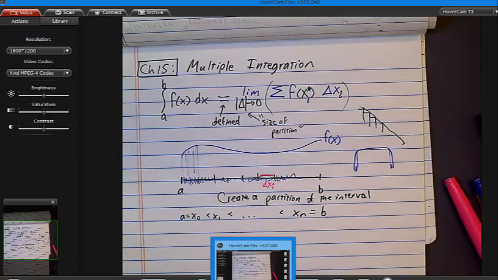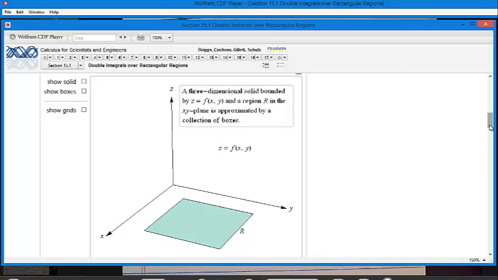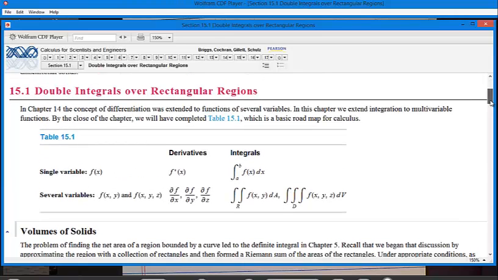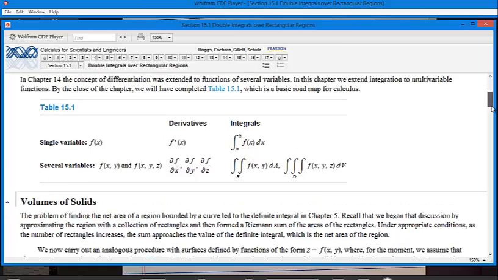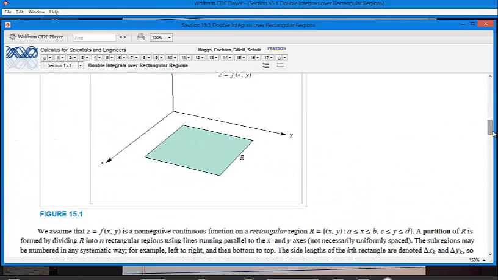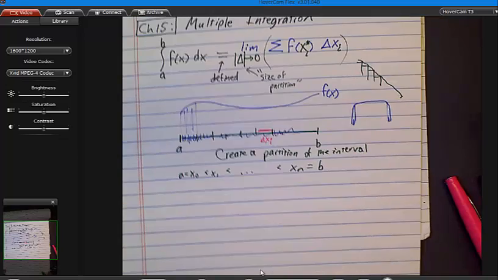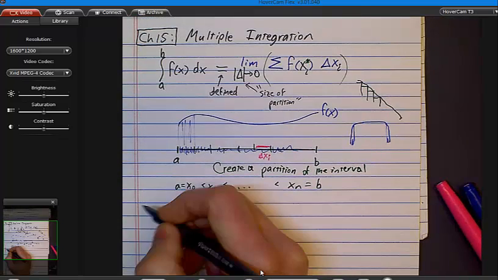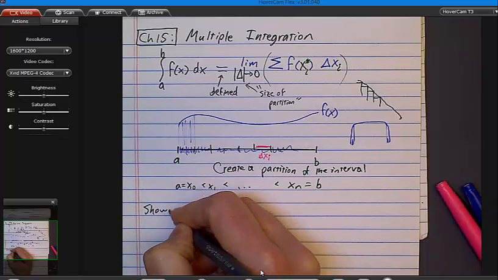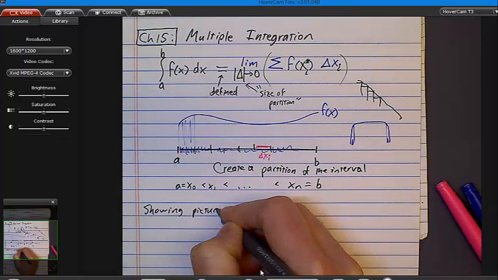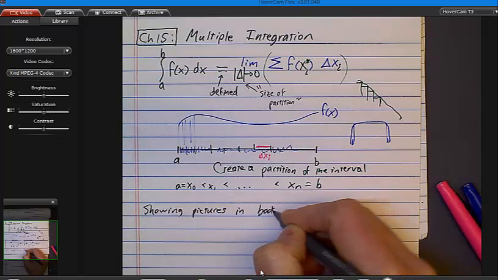Because you'll notice, guys, in the book, let me go back to the top for a second, the double integral, do you see it has an R underneath it? That's what we mean. Just like I want the area between A and B, I want the volume under the surface but above the region R. Does that make sense to you guys? It kind of gives me a closed, bounded area. And they use R because they're going to say rectangle. Okay? So what I'm doing right now is showing you pictures in the book to explain